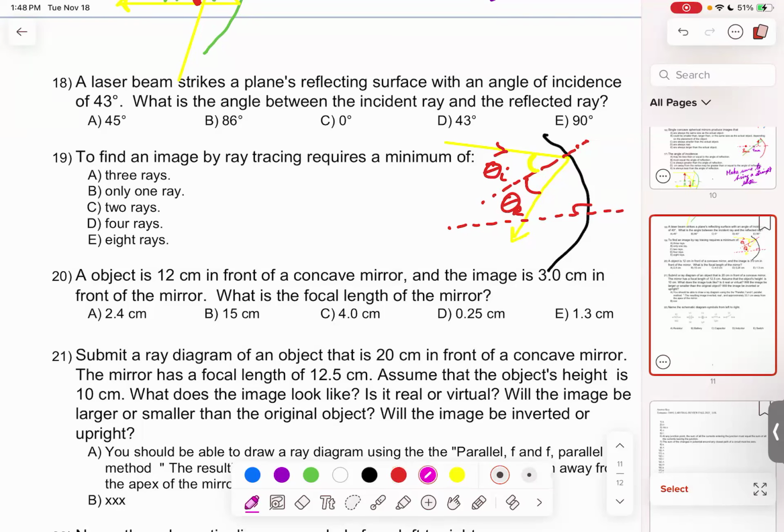In this, let's say we had a light ray coming in this direction, and then another one coming in this direction. The angle that I'm looking for is relative to the normal. So it's always between the light ray of reflection or incidence and that normal line. So you always choose that angle right in there. There's theta I. That's the incidence angle. And it's always going to bounce back at the same angle. Okay.